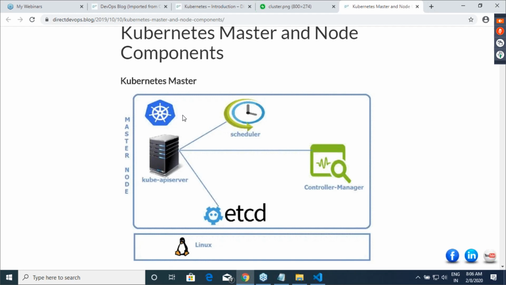Okay, and then we have scheduler. So scheduler is responsible for assigning any work, anything which is new, on the nodes. Which means that scheduler will speak with kubelet to give the instructions to do anything new. And then we have controller manager. Controller manager is responsible for ensuring that your actual state is equal to desired state. If your actual state is not equal to desired state, it will take the necessary actions to make your actual state equal to desired state, right? And then this is a master component.